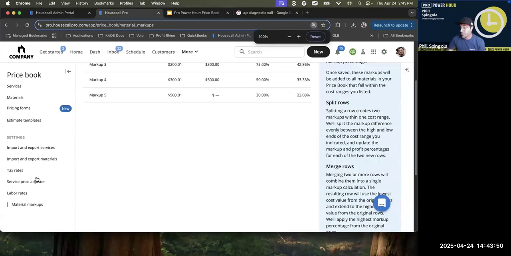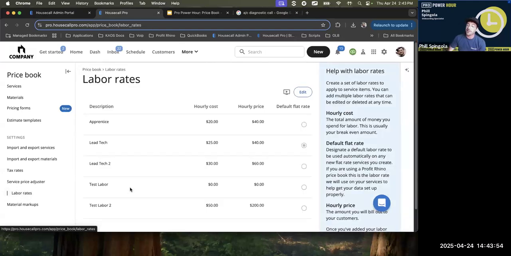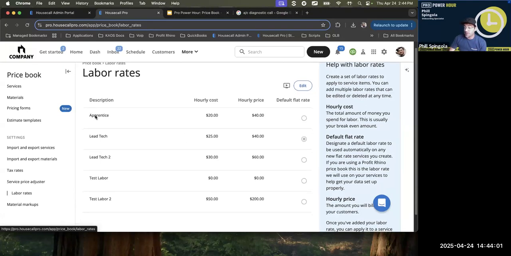So that's the material markups. But then what I skipped over was the labor rates, which is very similar to when we were doing flat rate in our services. I can go on in here. You see, notice these are the ones that I had when I was looking at my services. I had my apprentice, my lead tech two, and my test labor. So this is where you can go ahead and start adding those labor rates to select from if you are